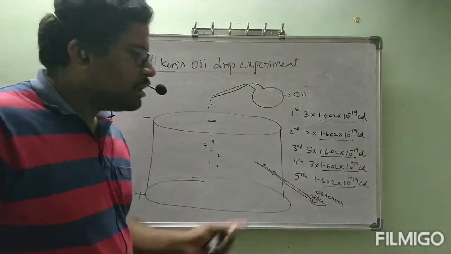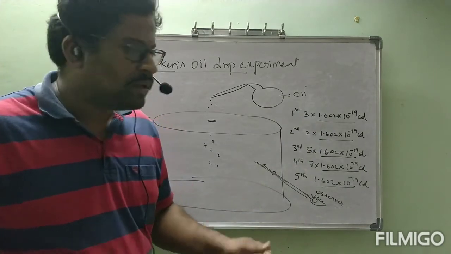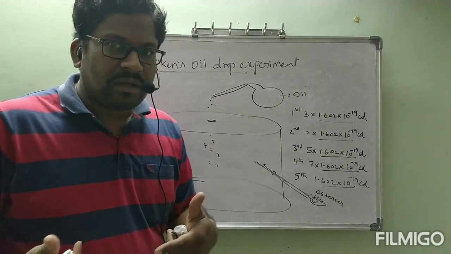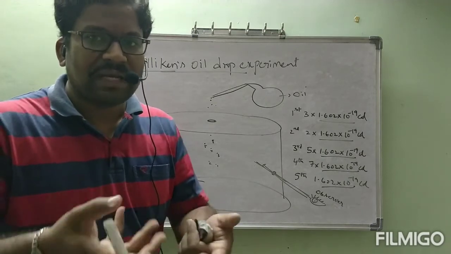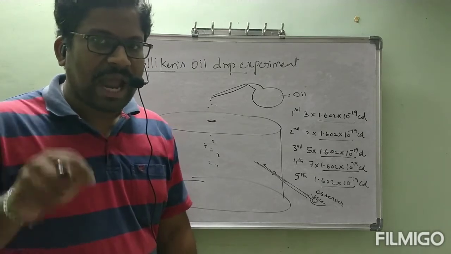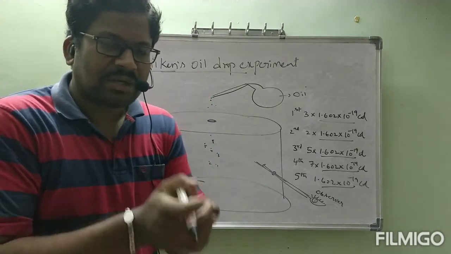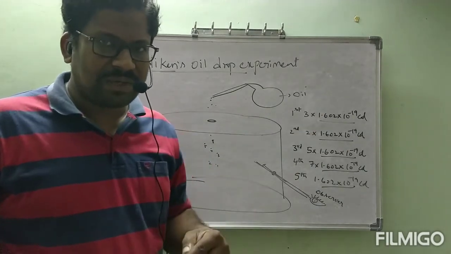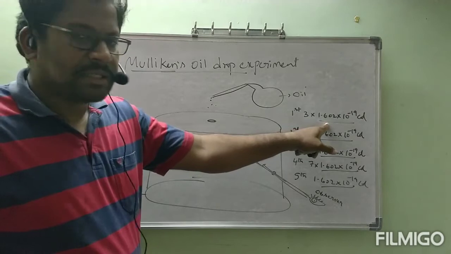In every oil drop, the 1.602 × 10^-19 coulomb charge is the same. Then he concluded that the first oil drop is developed by 3 electrons. Generally, the charge developed on any atom is because of the negative charge, since electrons can easily be transferred from one place to another. We have seen in an atom, electrons are present outside and positive charge is present on the inner side. So electrons can be transferred easily. Then he concluded those charges are because of electrons. First oil drop is developed by 3 electrons.